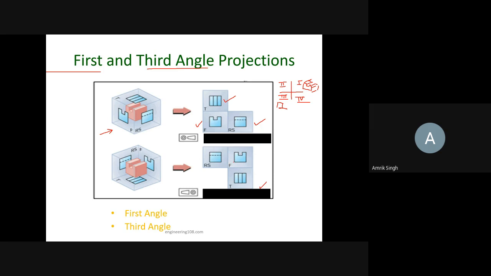So here you see the difference: this is third angle, and this is first angle projection.